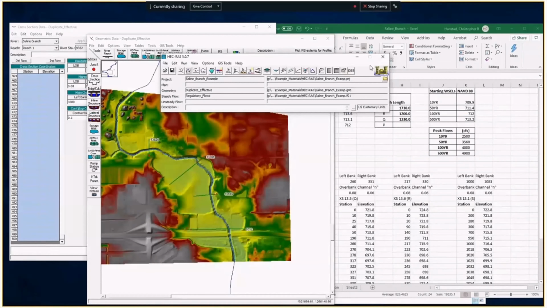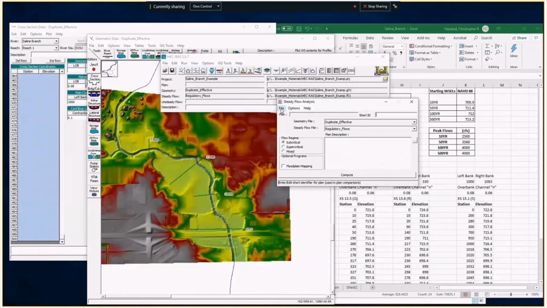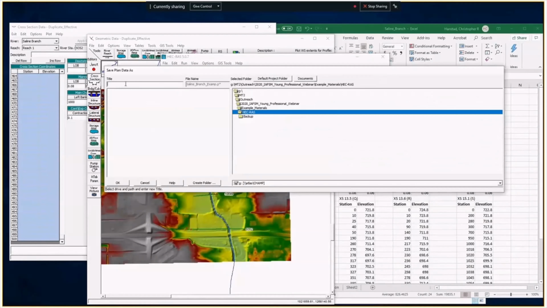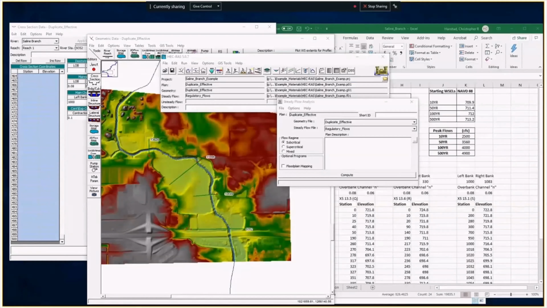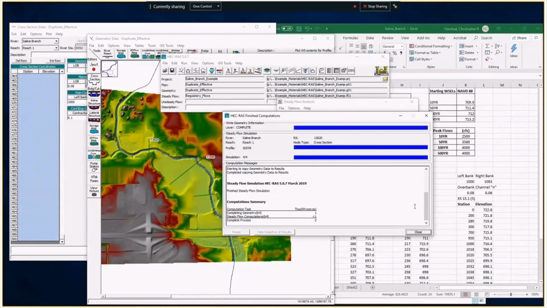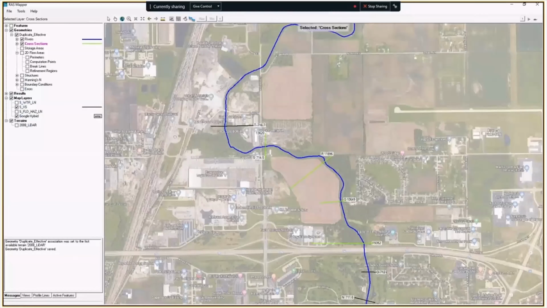Okay, now we've got the regulatory flow data, the effective geometry. We have everything we need for our duplicate effective plan. So we're just going to save this as our duplicate effective plan. And with any luck, we'll be able to run this model. Success. All right, so now we're going to go back to RASMapper and we're going to actually be able to